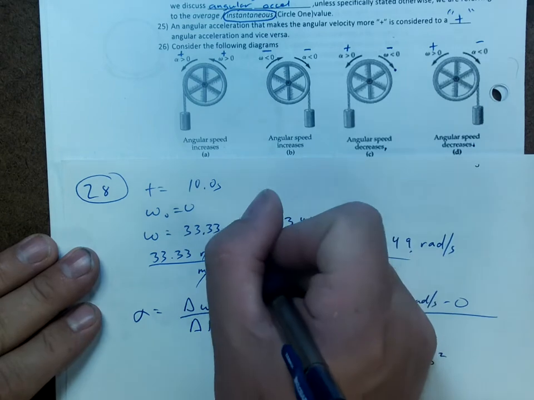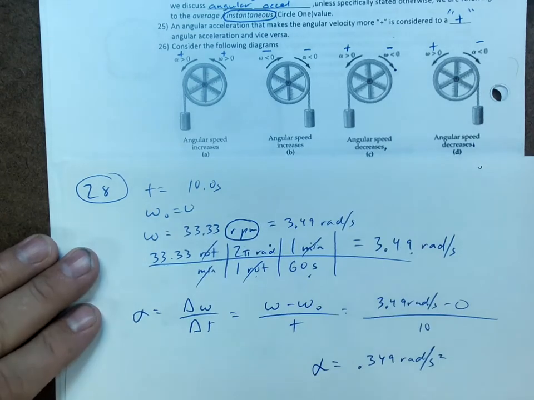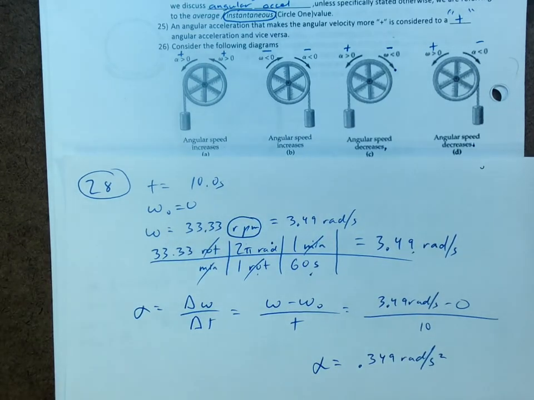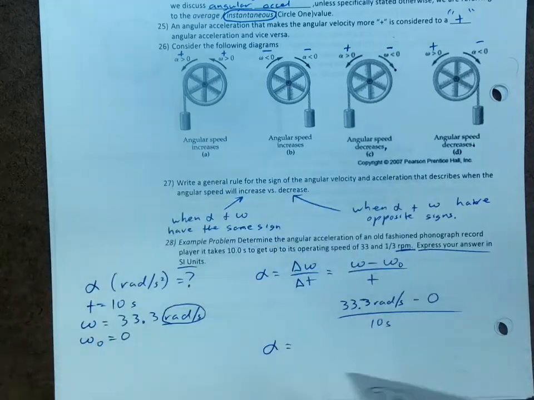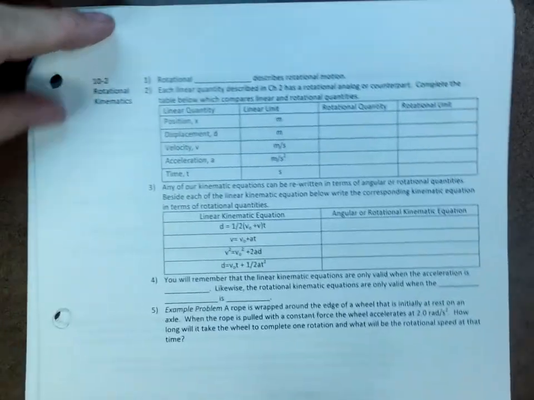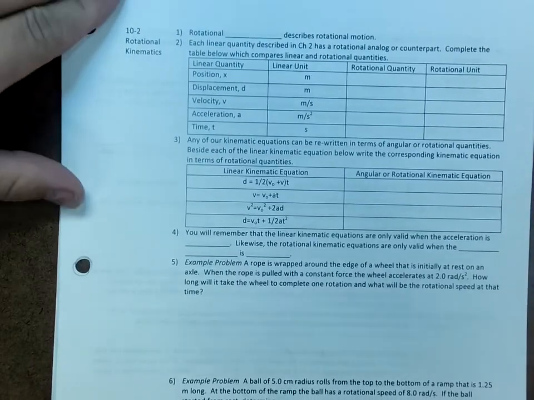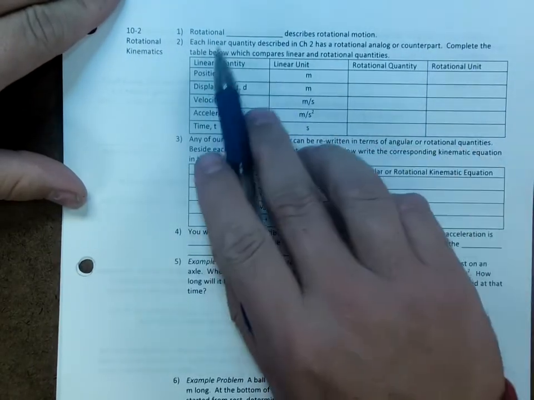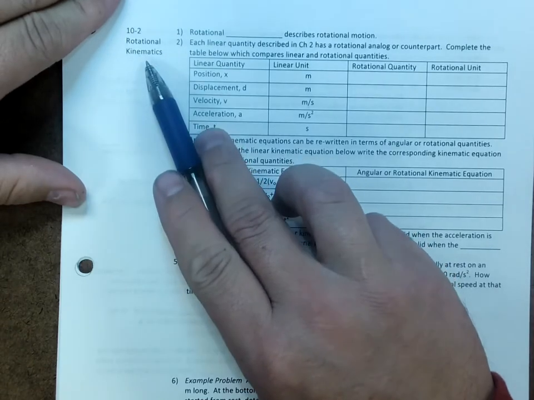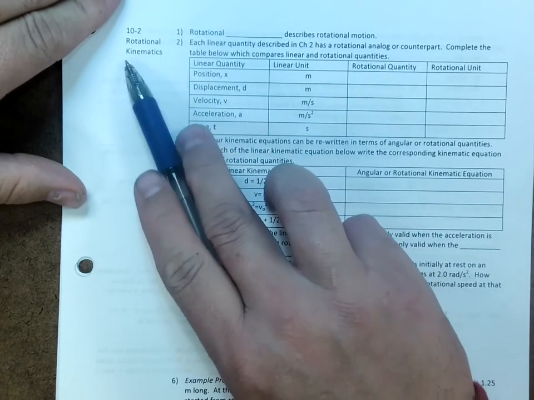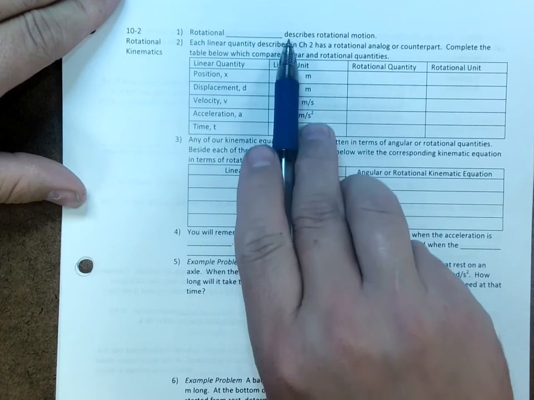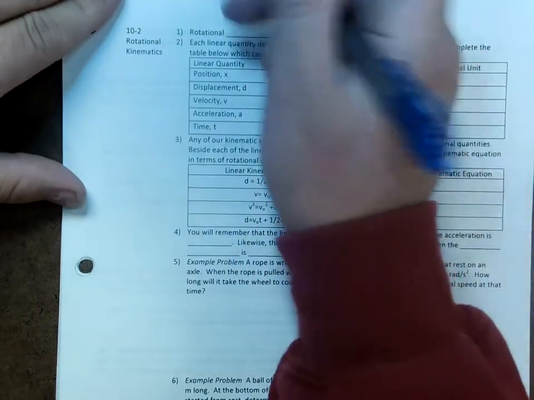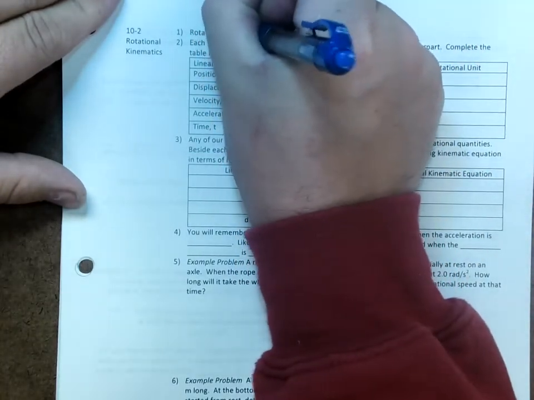You got to be extra careful with those angular velocities given in RPMs. Before you can do anything, you have to convert to radians per second. Okay, let's slide over and look at section 10-2. 10-2 is the start of rotational kinematics. You'll remember kinematics is the branch of physics that describes motion. So rotational kinematics